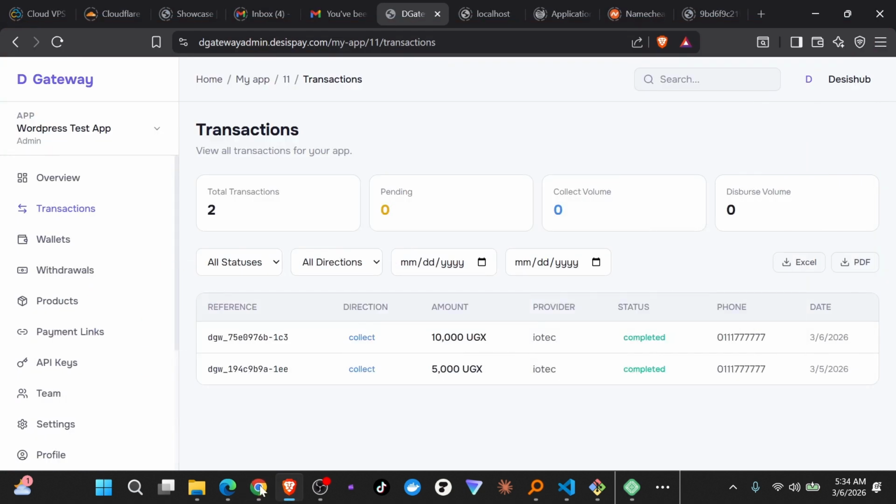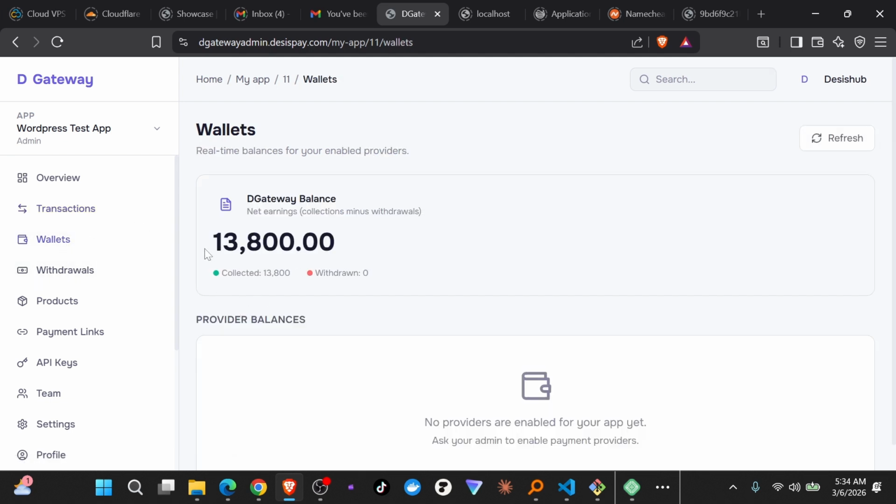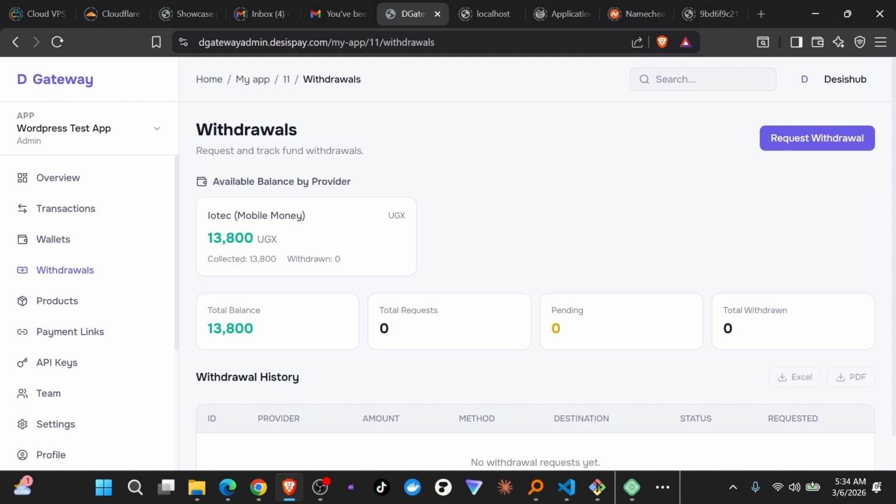But this side, you have a whole lot of things. You can export Excel, export PDF. You also have the same thing, like how much is your balance, and you can just go ahead and look at your wallet. So this is the main wallet with all your net earnings. Okay, and then you can now go ahead and you see that it will be in